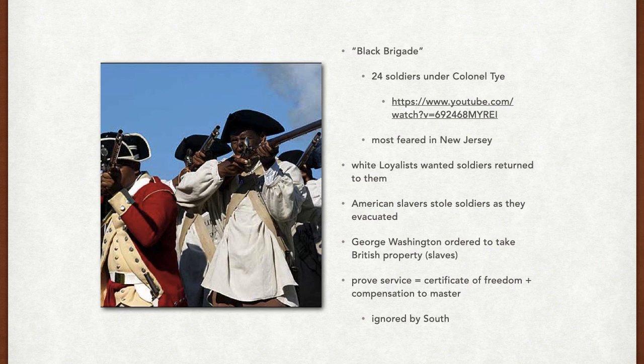As per the Treaty of Paris in 1783, Congress ordered General Washington to retrieve any American property from the British, including slaves. In order to evacuate the black loyalists, the British promised that for every black loyalist that could prove their service, they would get certificates of freedom and their former owners would be compensated. Right. So General Washington said that because the Americans won, they could take whatever the British had. That included the slaves. So many of the former slaves were snatched up as they were trying to escape, which sucked.